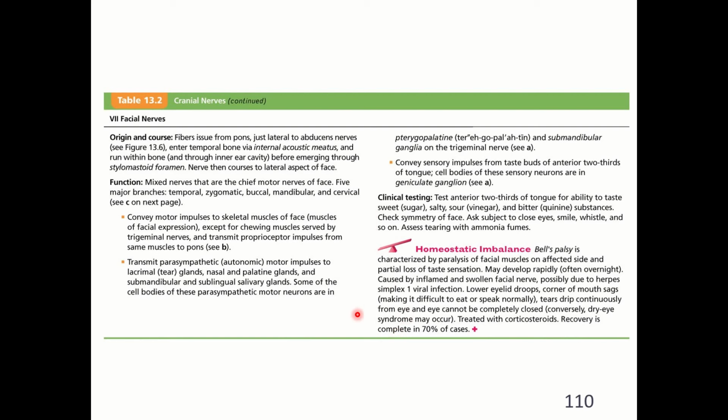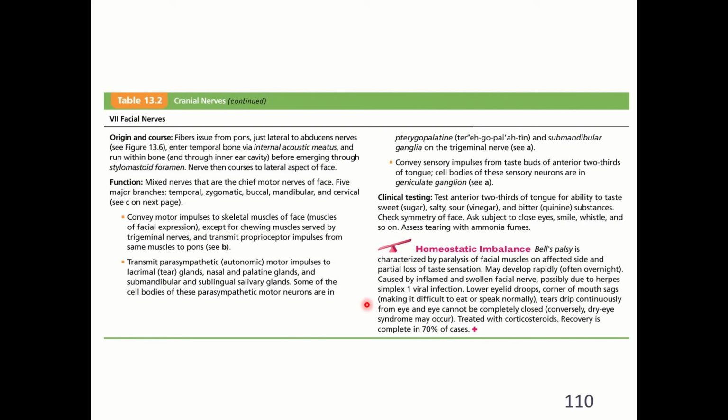In the homeostatic imbalance of the facial nerve, Bell's palsy is characterized by paralysis of facial muscles on the affected side and partial loss of taste sensation. It may develop rapidly, often overnight. It is caused by an inflamed and swollen facial nerve, possibly due to the herpes simplex 1 viral infection, the one that causes cold sores. The lower eyelid will droop, the corner of the mouth will sag, making it difficult to